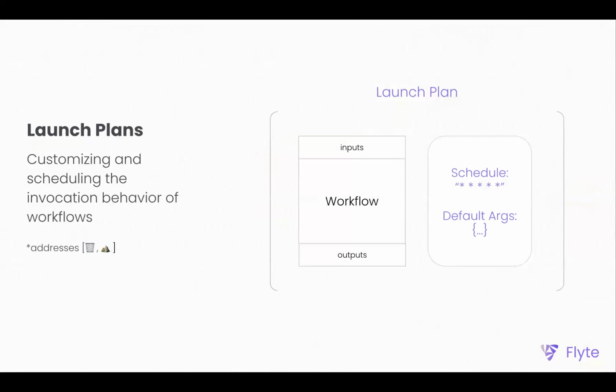The way that you execute a workflow is through an abstraction that we call a launch plan. You can think of this as basically just a workflow where you can embed certain default inputs in it. So for example, if I want to retrain my model on a certain set of hyperparameters that I found to be good, I can set those as default arguments and then add a schedule so that it can run, say, every week or every day.